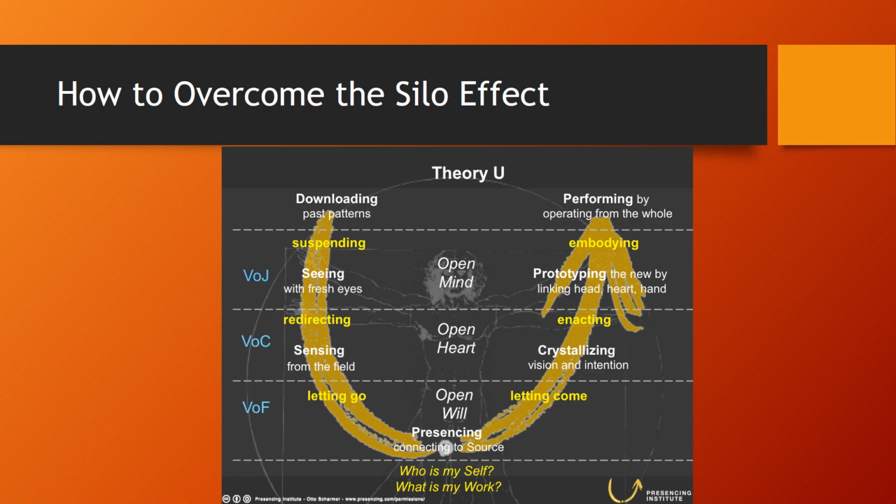And then you get to the embodying. This is where suddenly everybody is now together, and you start actually putting everything together, where you're actually developing the idea, the innovation that's going to take place. And then from there, of course, it comes to performing. Okay, and I said we were going to look at the next slide. Let's look at the next slide real quick.